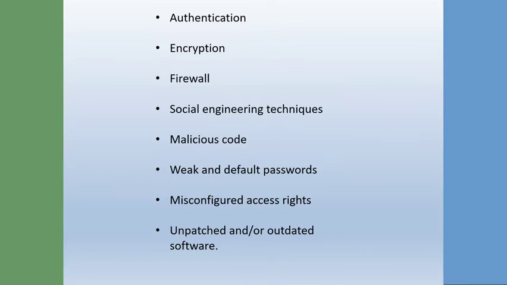Social engineering is about using human beings' gullibility and personal nature to gain access to systems. Okay, it doesn't have to be technical at all. Malicious code is where we start talking about the technical aspects. So things like viruses, okay, Trojan horses. So a Trojan horse is where you may receive an email that has an attachment. That attachment looks,